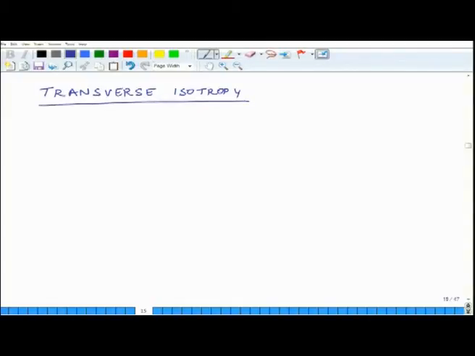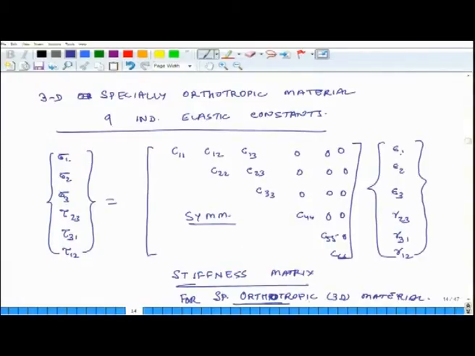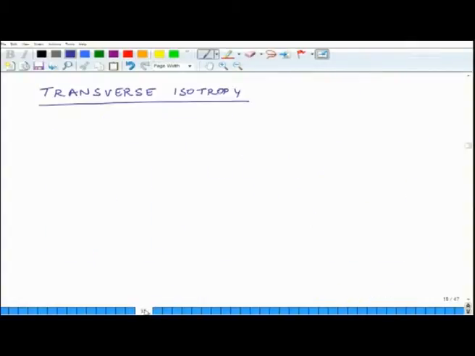Transverse isotropy. So, the first case which we had discussed was fully anisotropic, then we simplified it to especially orthotropic in 3D. Now, we will reduce it, make it even simpler, and this is the case for transverse isotropy. So, this is again for 3D materials. So, what does that mean? So, I will explain this by example. Suppose there is a material,